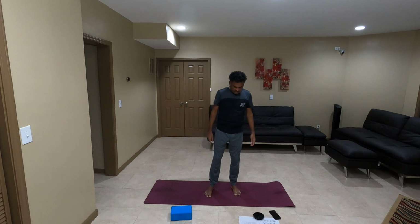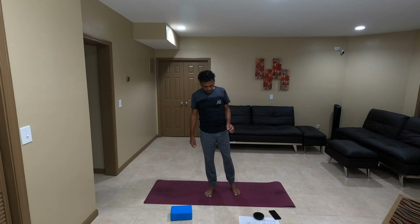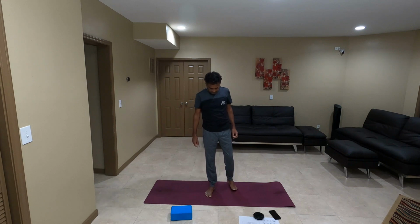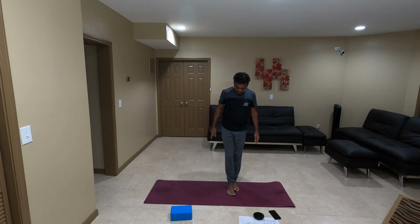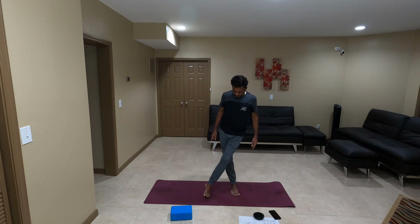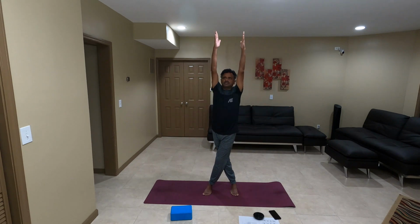Alright. Next one. Grantadara, Urdhva, Baddha, Hastasana. Right? So this one, again we are going to stand cross-legged. So bring your left foot in the front or right foot, whichever foot in the front, doesn't matter, but keep your legs cross-legged. Both the feet are in the same line, right? Both the toes are facing the front, and then bring both the hands to the sky, interlock all your fingers, and then push your palm up